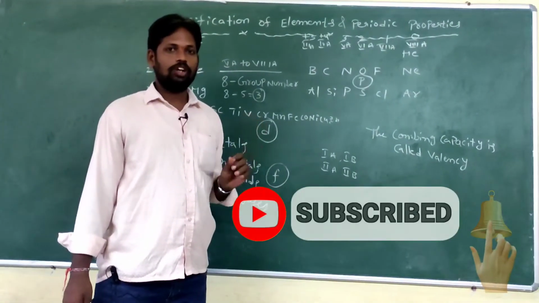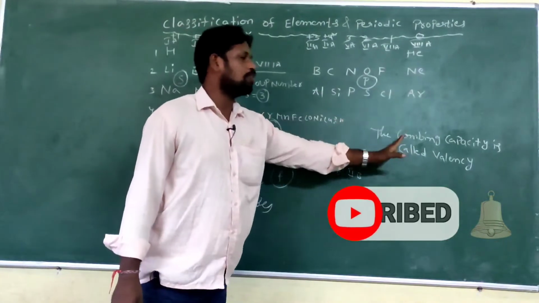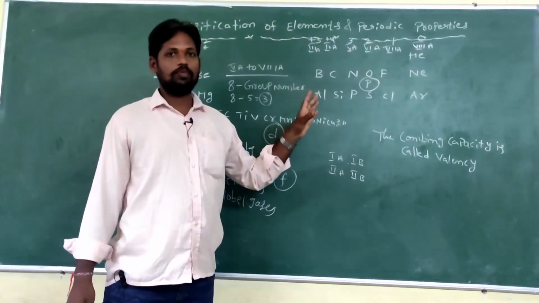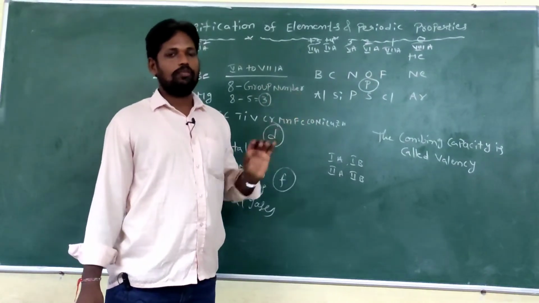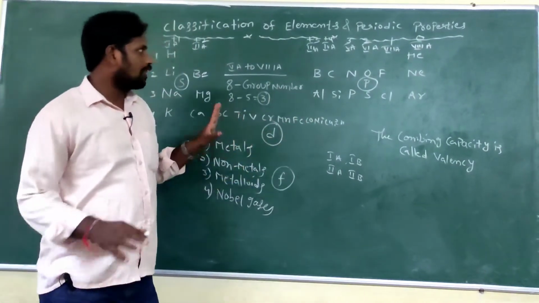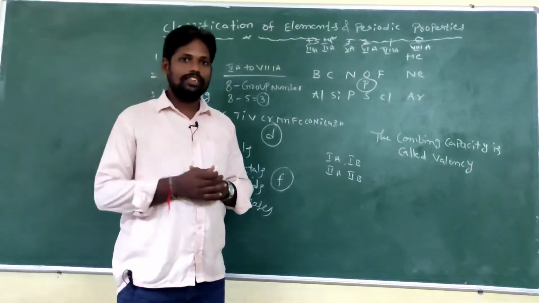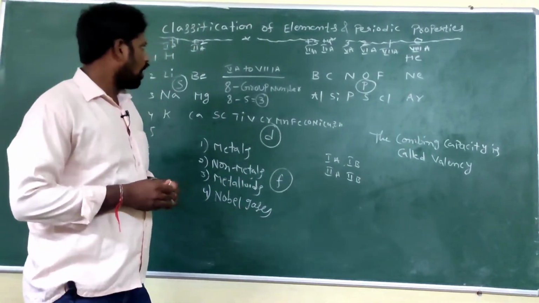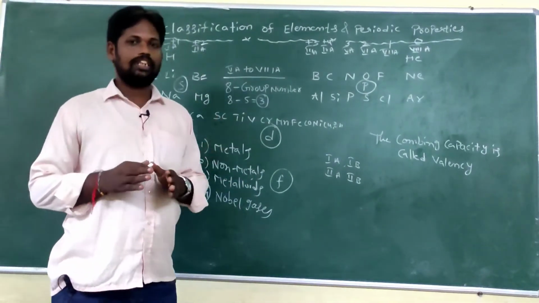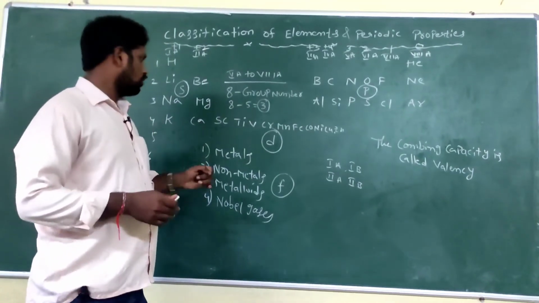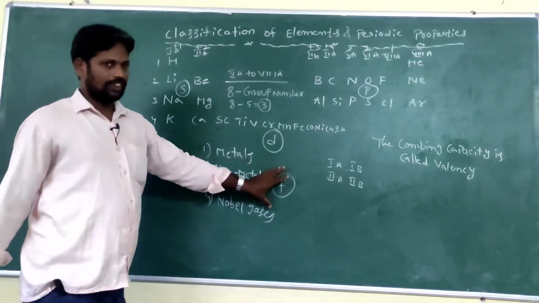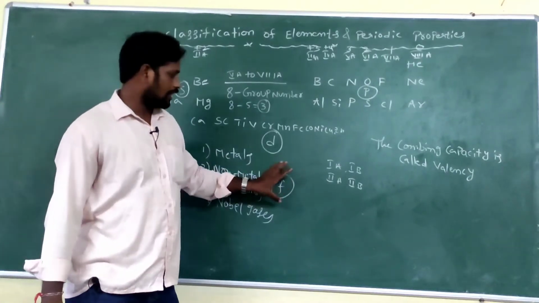The noble gases are the most important part of this chapter on the periodic table. They have a stable configuration, stable elements, and it relates to the periodic table and valency. Now we have to discuss how much valency is present and how the periodic table is divided. F block elements we are not discussing yet.